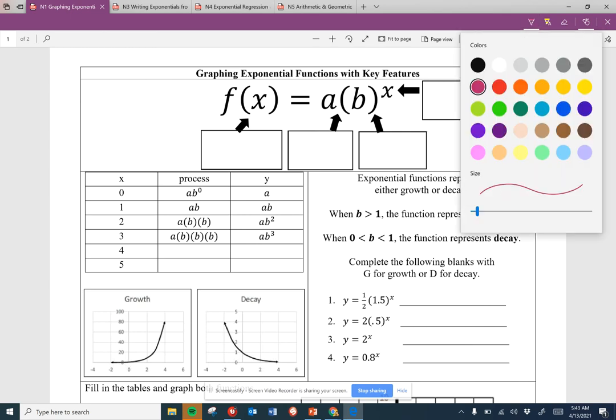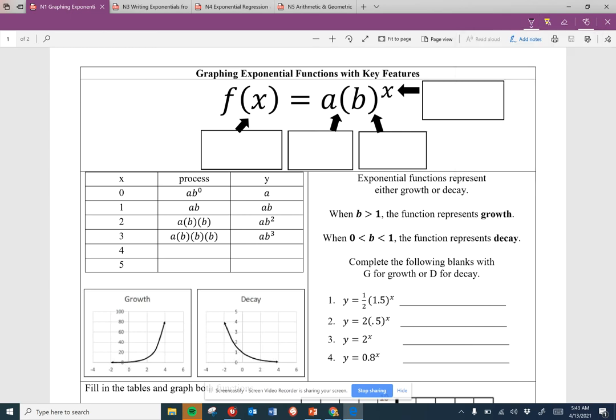Today we're going to be learning about a new type of function called an exponential function. So the equation for the exponential function is f of x equals a times b to the power of x. Just like with quadratic and linear functions, the x is going to be the input of the function, and the f of x, which we know means the same thing as y, is going to be the output of the